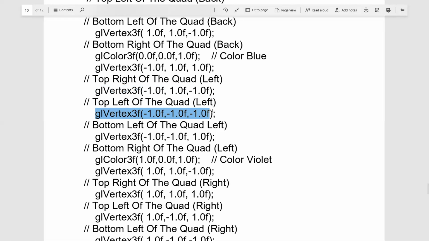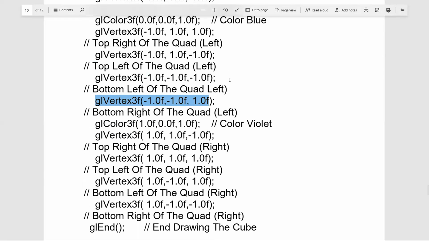The bottom left is ready, and the bottom right is ready. Now the left surface of the 3D cube is drawn using a series of GL vertex commands, using many vertices together in the form of a quadrilateral.